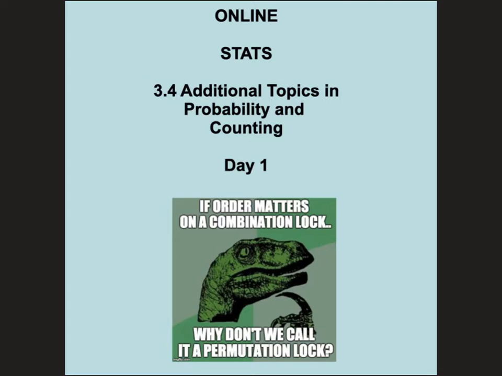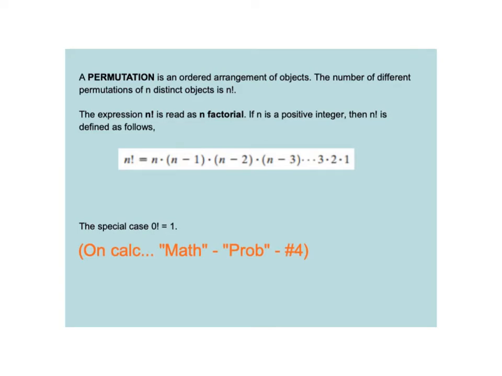We'll find out. A permutation is an ordered arrangement of objects. Remember, we've got permutations and we've got combinations. Permutation is where order matters. So think marathon, right? There's a first, second, and third place, and you have 50 people running the marathon. You would use a permutation to find the different sets of first, second, and third, as opposed to